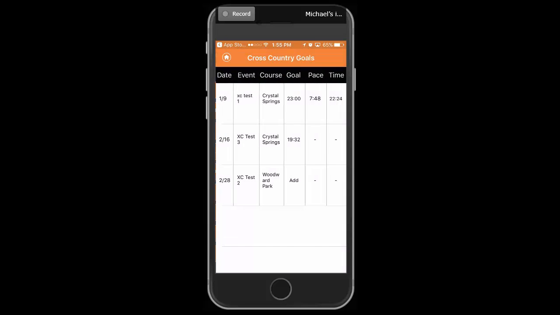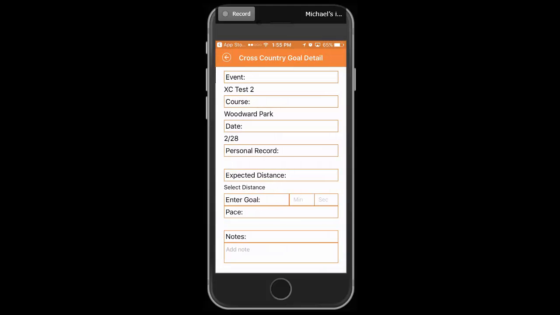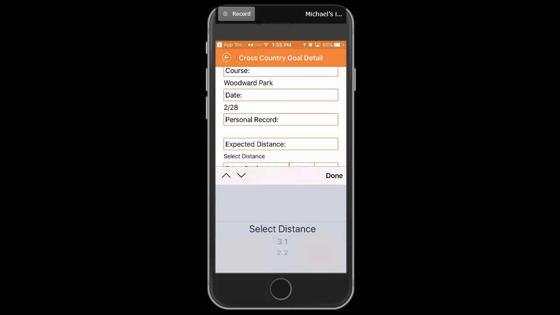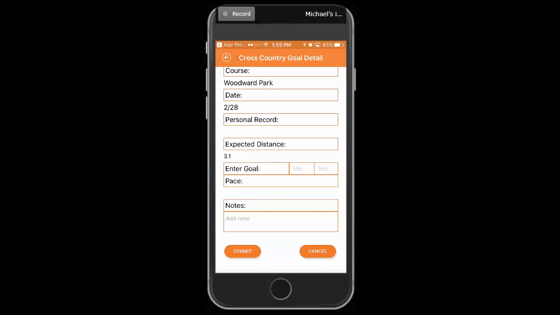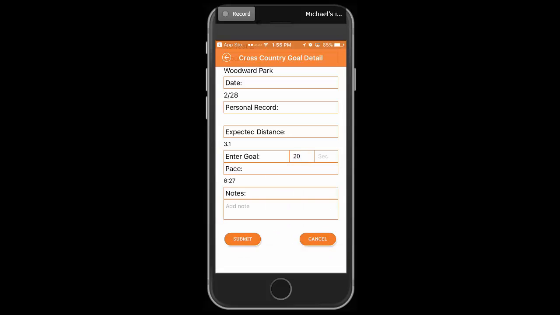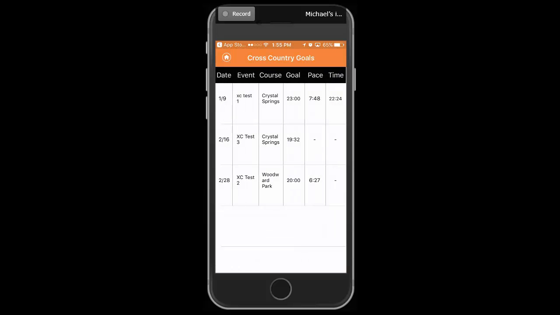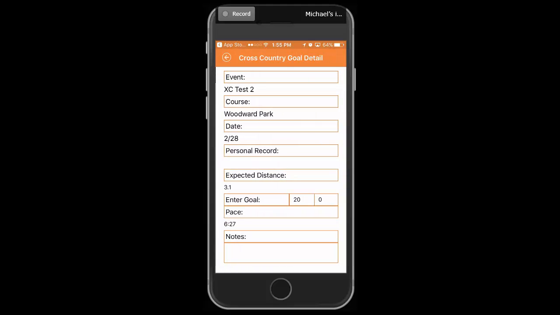Cross country goal setting, similar. They've got upcoming meets. You can hit this add to set a goal. Here they are at Woodward Park, and we select the distance we expect to run, the 3.1 course, and let's say our goal is going to be 20 minutes. It automatically calculates the pace there at 6:27. I can add notes, and off we go. So now we've got our goal at Woodward Park. If we want to change it, we just click on that again, and we can go in and change the